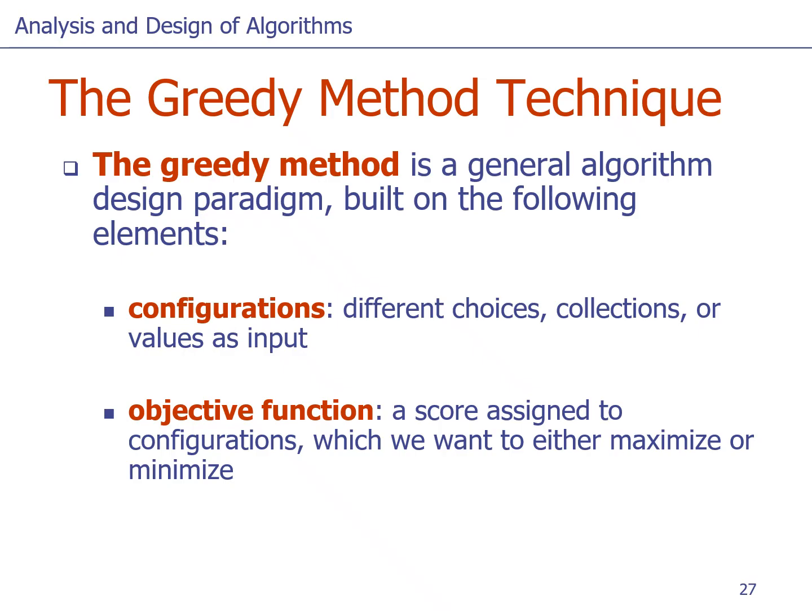You could think of any type of data, and when you're asked to make a pick, as long as you have some objective function that you can pass the data to, the objective function will tell you which data item is best to pick now. If you have these two components, configurations and objective function, then you can come up with a greedy algorithm for your problem. Now, you could formulate a greedy strategy for almost anything, but